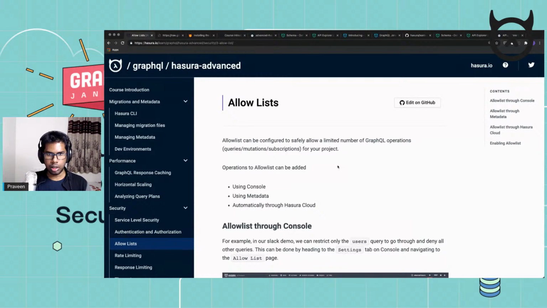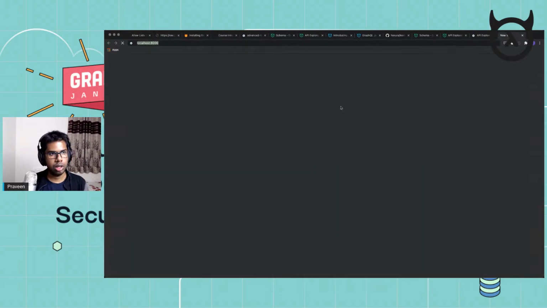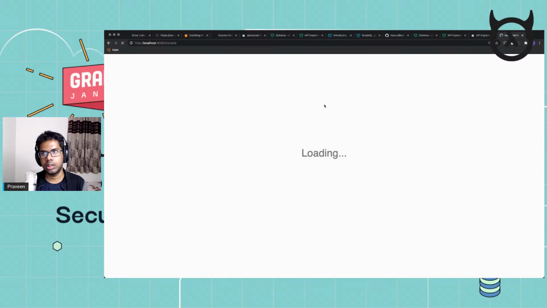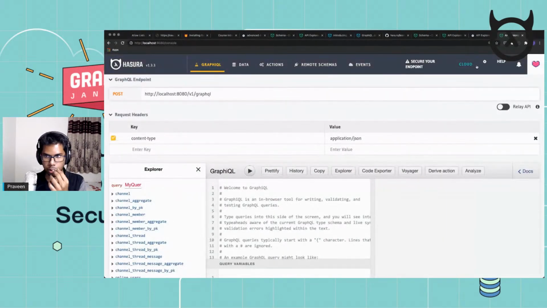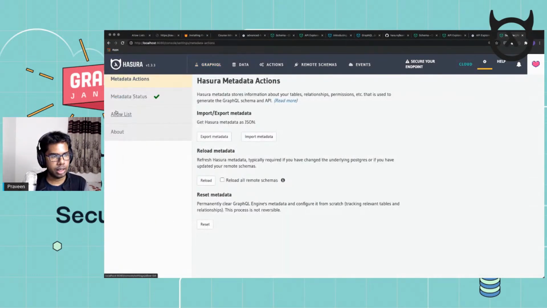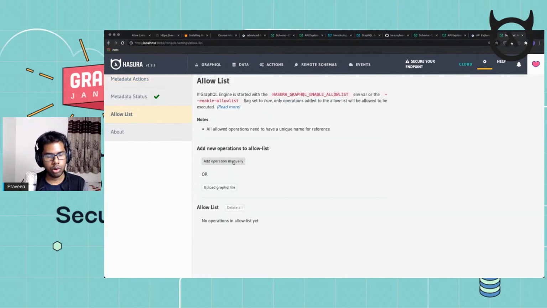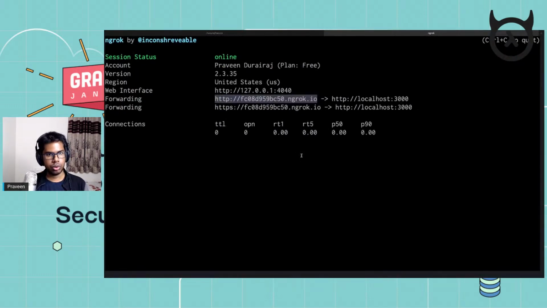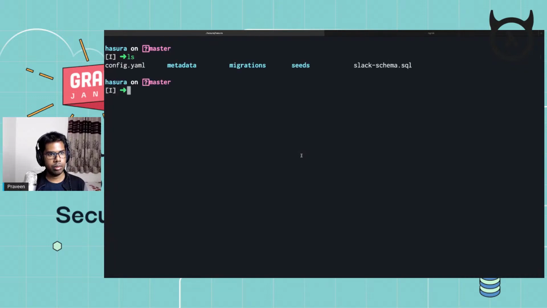So on the open source version, we already have a way to configure an allow list. I'll show you that on localhost 8080, which is running the open source version. If I go to settings, there's an allow list tab over here, and I can add an operation manually to the allow list and also enable the allow list by setting this env variable to true and then start making queries. So to test this out, I'm going to open Docker Compose